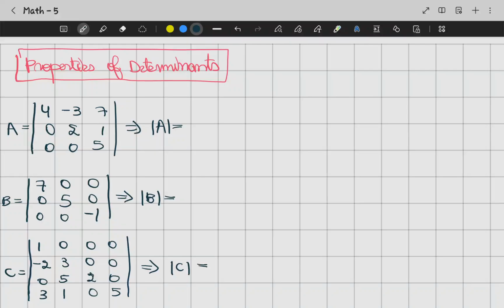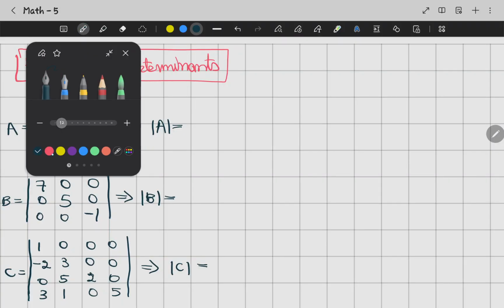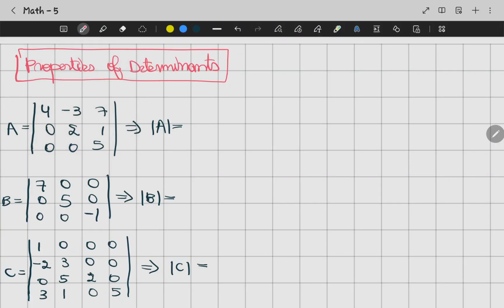We need to solve, and we need to apply some properties for determinant. Okay, now what you can see, these are triangular matrices or diagonal matrices. This one is the diagonal matrix. This one is also a diagonal matrix. So what we're going to do, we're going to find a way to solve this matrix, and